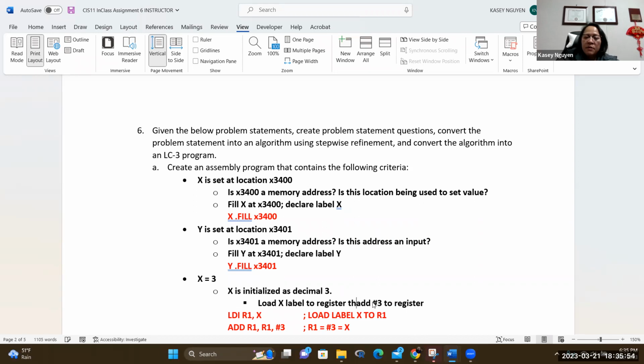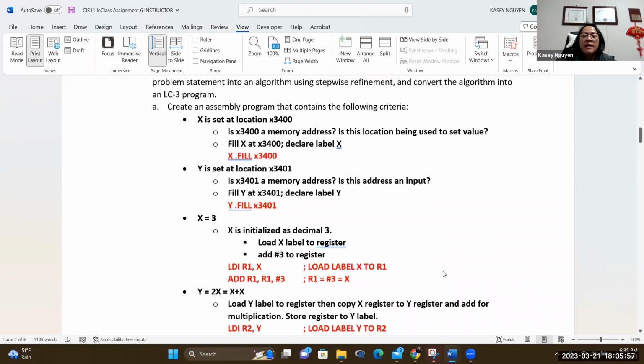And then for step 2, we are going to add the decimal 3 to the loaded register. And so once you see it like this, you're like, oh, I just need to load X to a register and then add 3 to it. Then you can do LD here. I just use LDI, so I would do LDI R1, X, load label X to register 1,